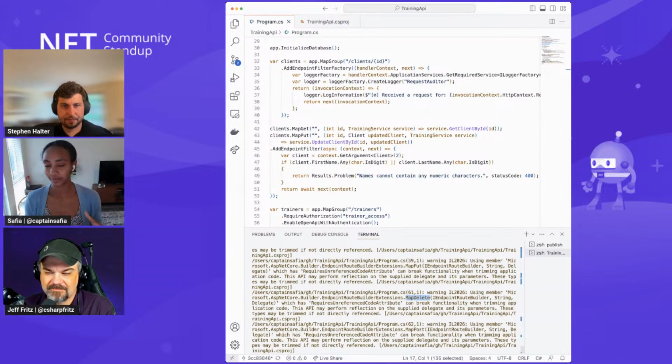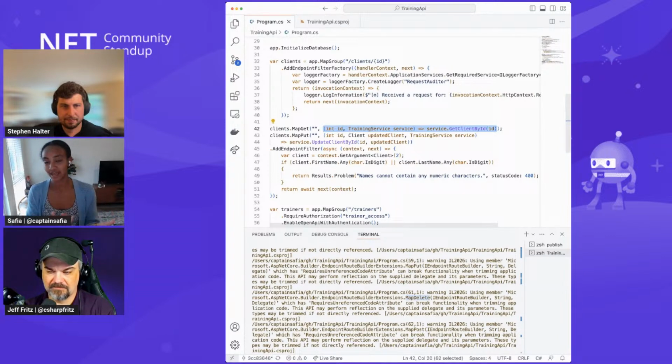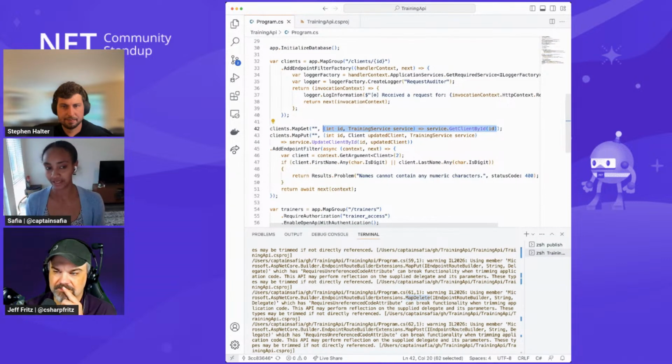So whenever you implement an application with minimal API endpoints, at startup, we take a look and we use reflection to inspect the route handlers that you've provided, understand what types of properties and parameters you've provided in your incoming route handlers, and then generate code that can essentially take a look at the HTTP context and resolve parameters of those types from the HTTP context, as well as write responses to the HTTP context depending on what your application is returning.